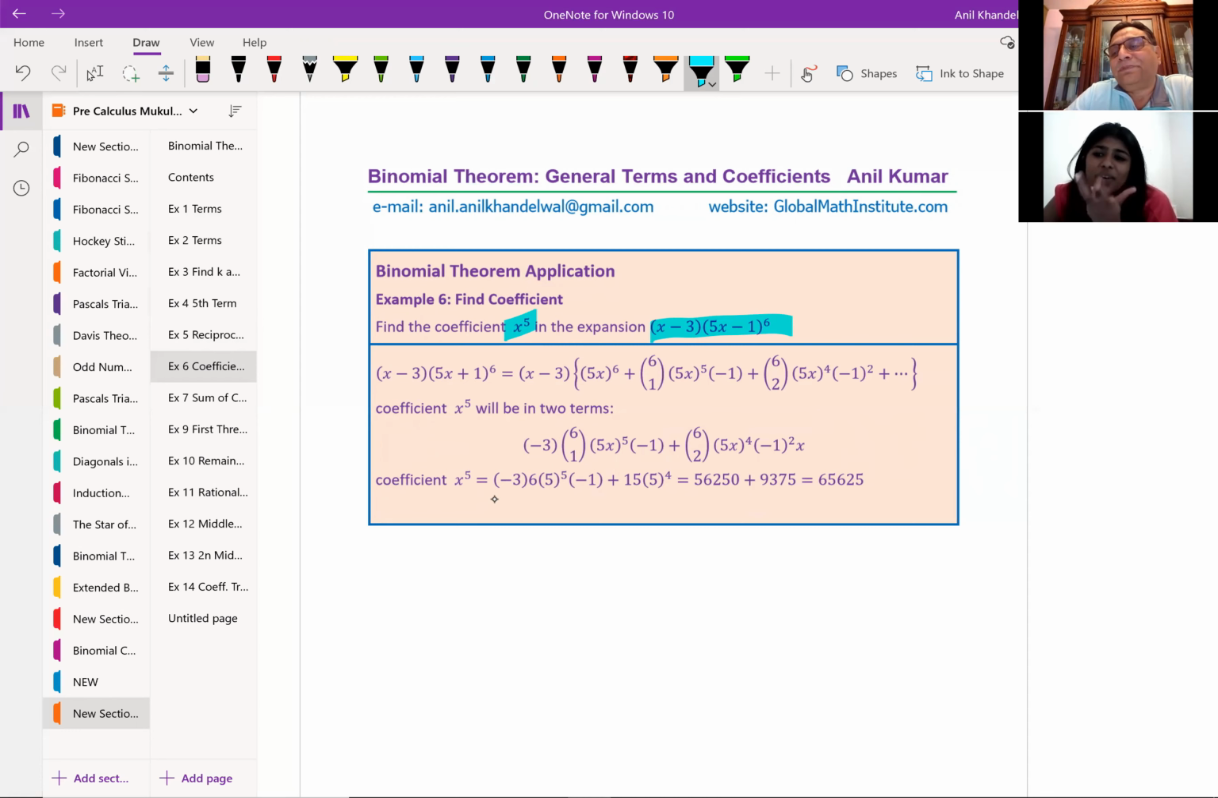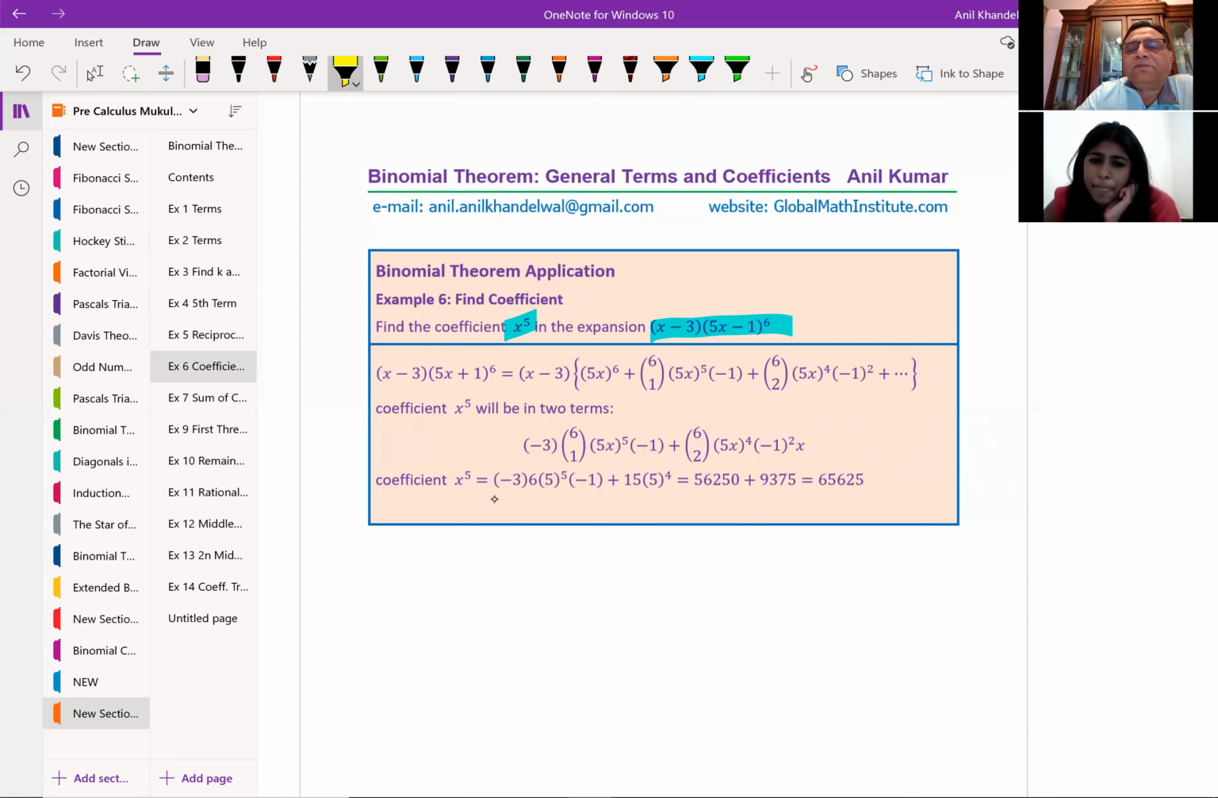I only know a long method. I'll just expand the whole thing and find the one that says x to the power of 5. But that would take so long. Okay. Well, in a way, you will not be wrong, but we could save some time by thinking that